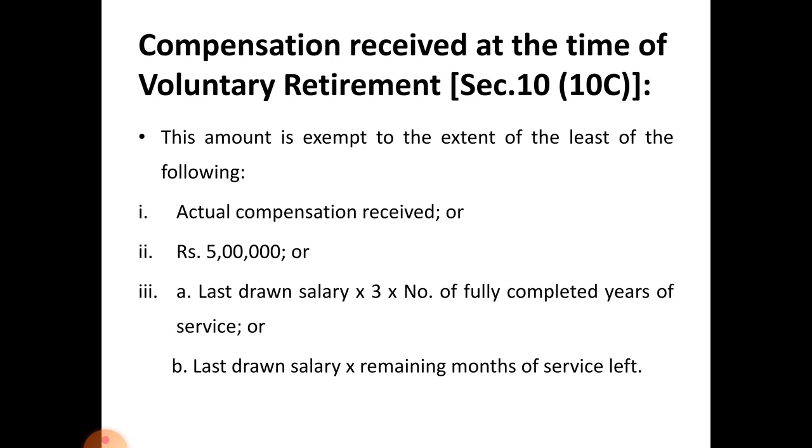Any compensation received at the time of voluntary retirement is exempted under Section 10(10C). This amount is exempt to the extent of the least of the following: actual compensation received, or the statutory limit of 5 lakhs, or the least of the following two things, that is, last drawn salary into 3 into number of fully completed years of service. See here, fully completed years of service; fraction of the years you have to ignore. And